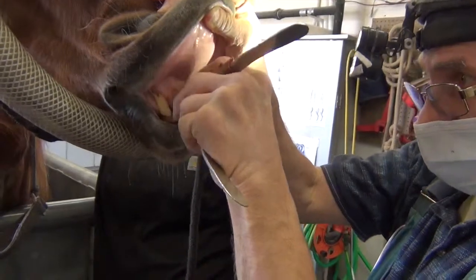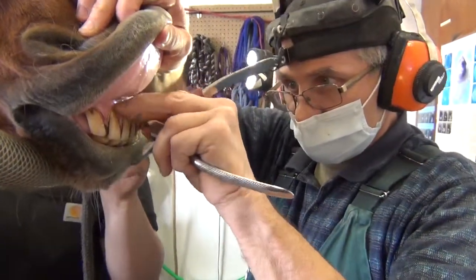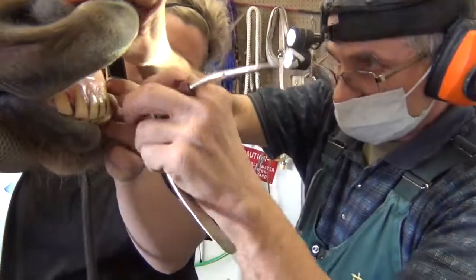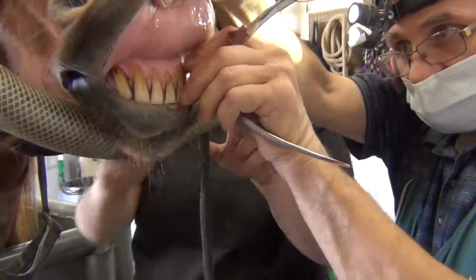On the male horses, geldings and stallions, they all have large canines, and for some reason the lower canine gets a lot of tartar. Okay, I think that's about